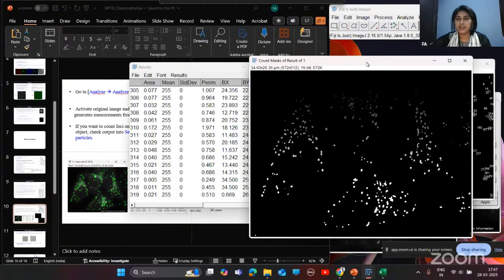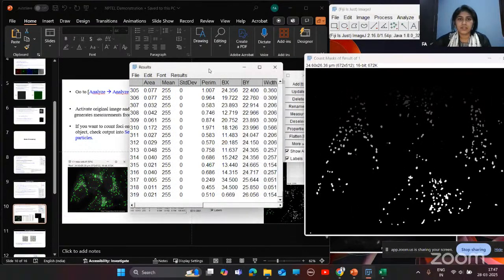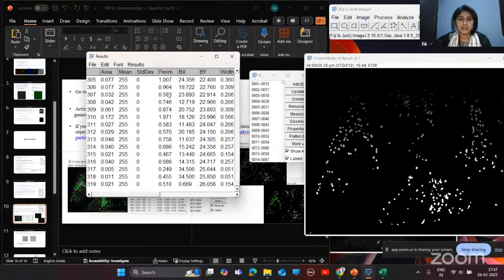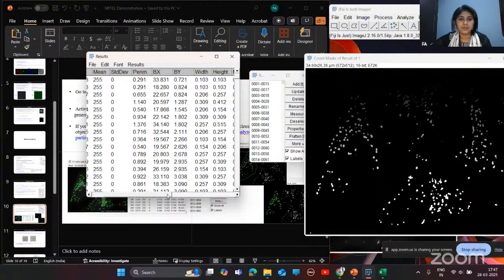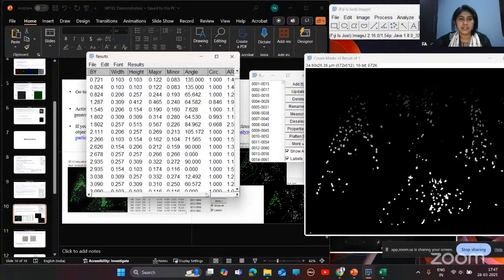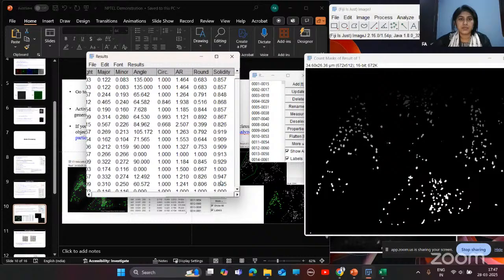So here you can see the software has calculated area, perimeter, width, height, and it has provided circularity.